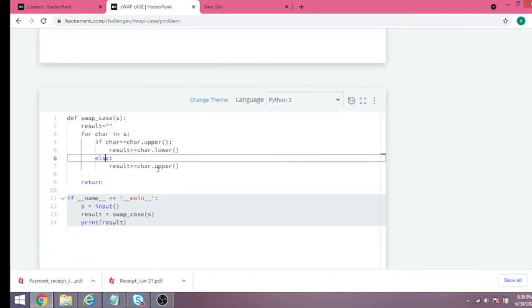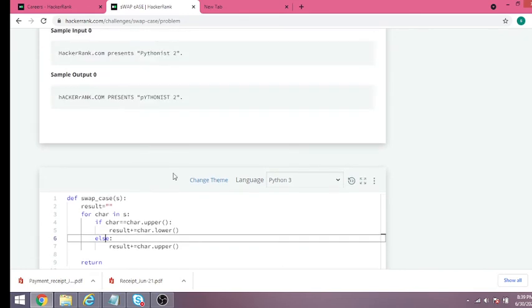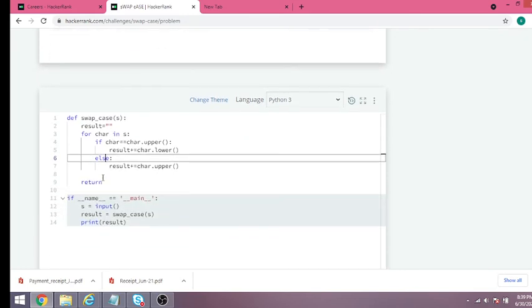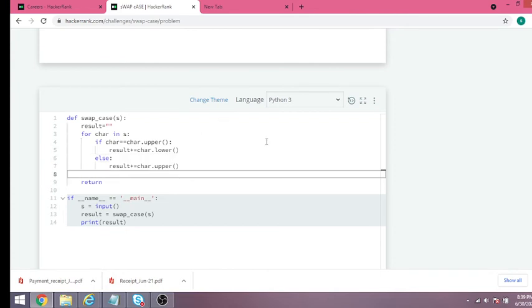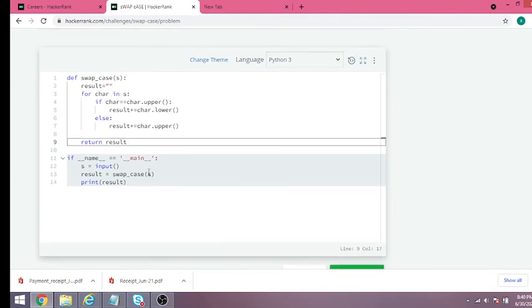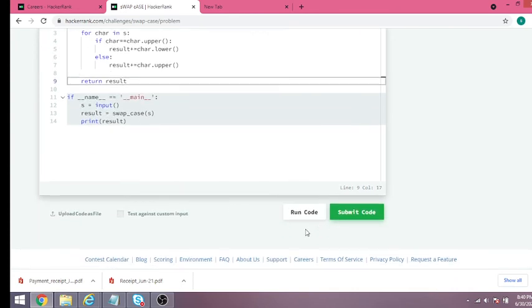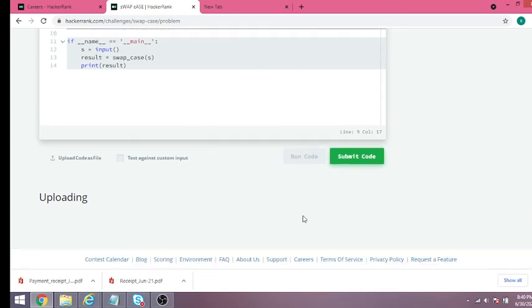If the dot is converted into upper, there won't be a change; it will be the same string. Here we got the result in the result variable, and we return the result here. It will be returned and printed. We will just run the code and see the output.